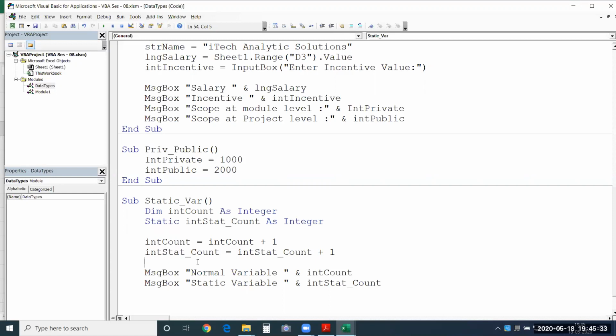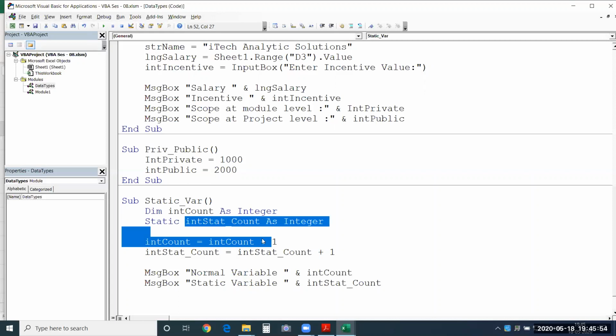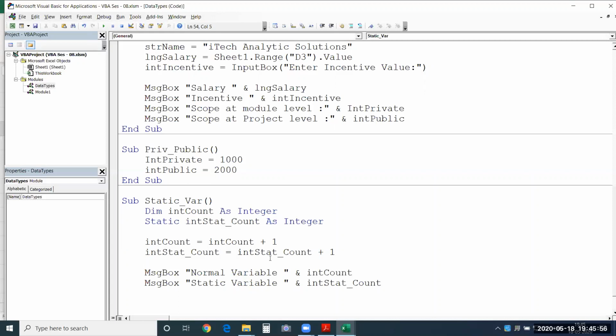But that's not the same with a static variable. The value stored in a static variable will be available to us as long as the file is being used. Once I close the file, it will refresh and reset the value to 1. So it will be empty once I close the file, not before that. Those are static variables.